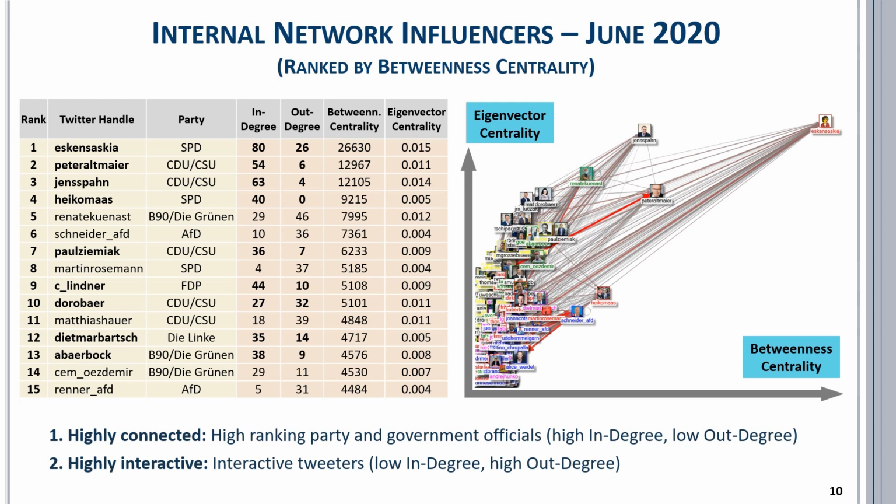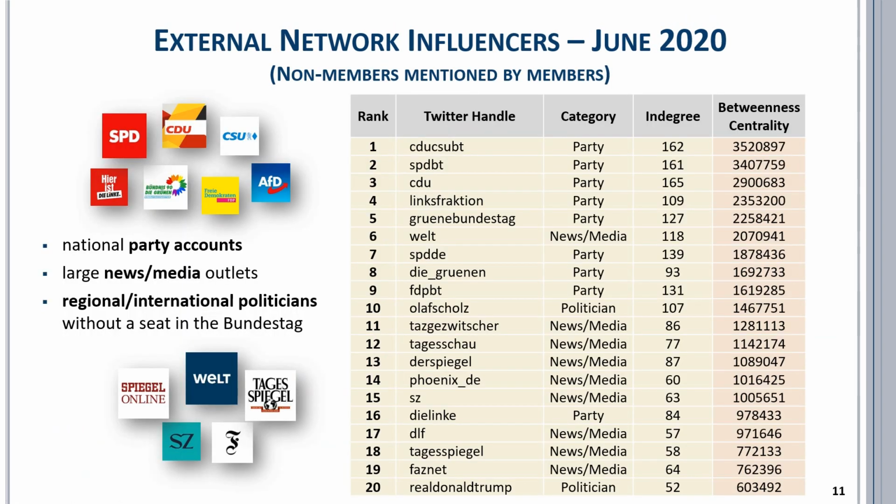There's something to keep in mind when looking at betweenness centrality. I like to lay out this data in a scatter plot with betweenness centrality on the x-axis and eigenvector on the y-axis, and this way we see the really top influencers in the top right corner of this scatter plot. When looking at the external influencers, so those Twitter accounts outside the Bundestag that are mentioned by members of the Bundestag,